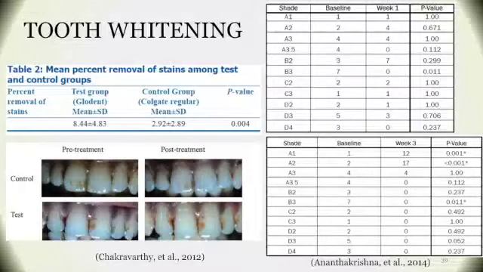Finally, I would like to talk about tooth whitening toothpastes that contain enzymes, and both of the studies used a paste that contains papain and bromelain, the pineapple enzyme. The first study examined photos and luminosity and found a statistically significant difference. And the second study used the Vita Shade Guide, and you can see for yourself on the bottom right side of the screen there is a table where you can see the jump in the shades and the significant